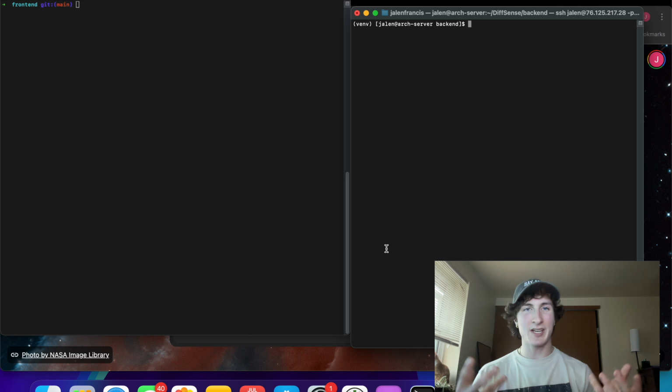Okay, so now we're going to get into actually running this thing. There are two parts: the front end and the back end. If you clone the repo and set the environment variables properly, following the .env example, this will consist of putting in, for the back end, your API keys, other directories and so on, and the front end is pretty simple, just telling it where your back end is.